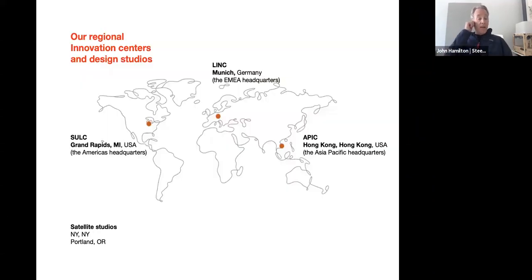Yeah, as I just said, these are our 3 primary locations. And then the last couple of locations is New York, as I mentioned, with Design Techs, and Portland, Oregon. And Portland, Oregon is where we focus on technology. They're developing all of our smart tools, sensors within the workplace, sensors that don't look at people's faces and recognize who the person is in a space, but that can recognize the number of people that are in a space,